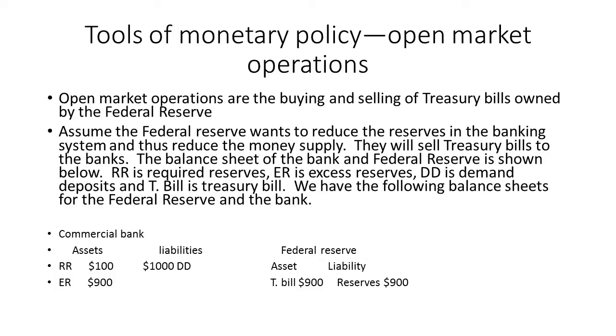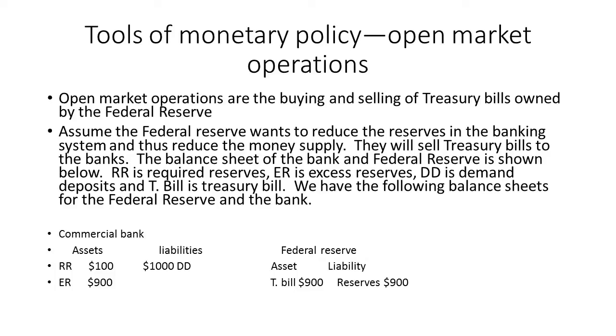The balance sheet of the bank and the Federal Reserve is shown below. We're going to use RR as a required reserve, ER as an excess reserve, DD as a demand deposit, and T-bill as a treasury bill. And we're going to have the following balance sheet for the Federal Reserve and a bank. So on one hand, the Federal Reserve has a $900 T-bill, and they also have a $900 reserve,